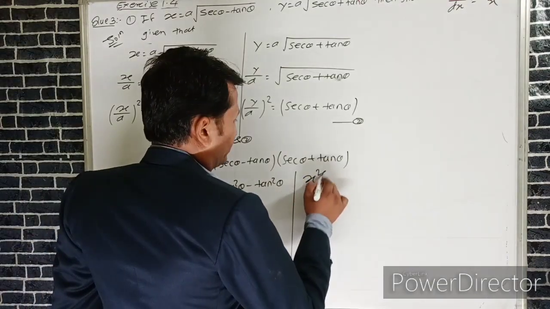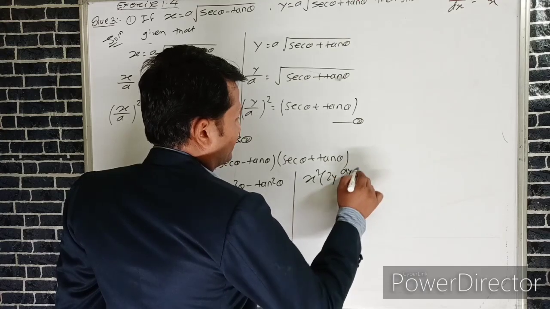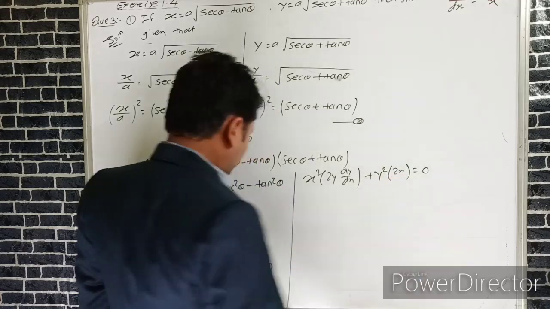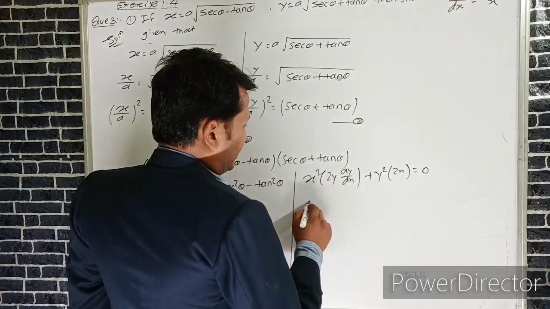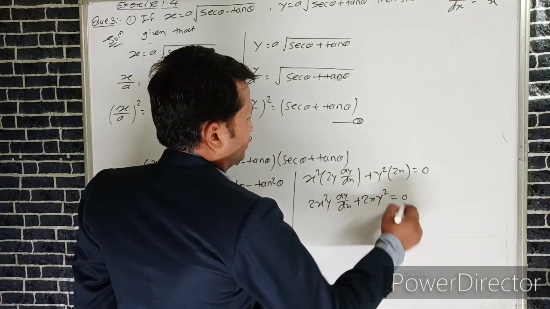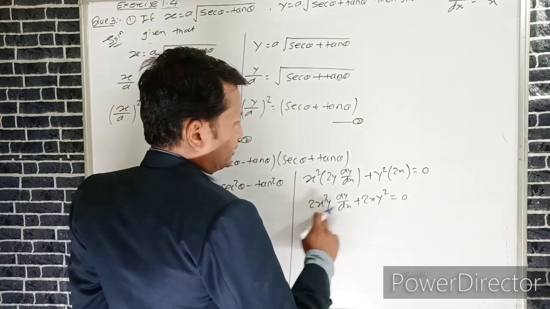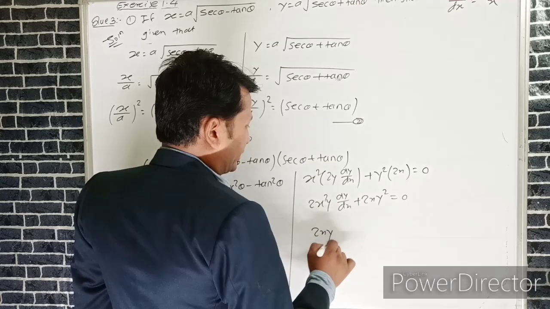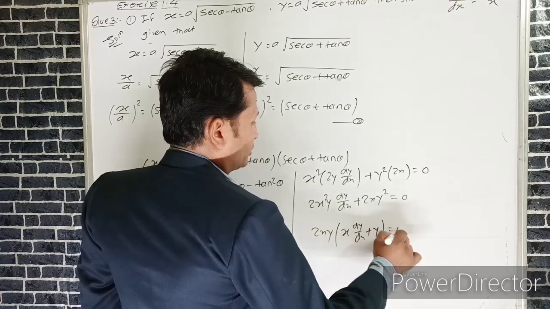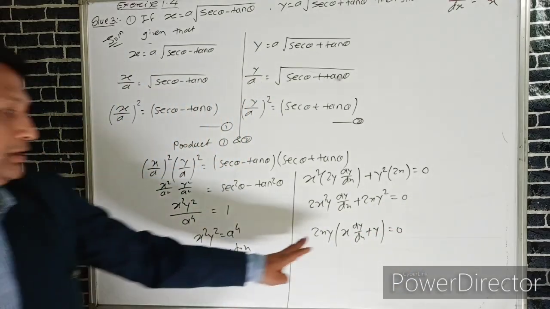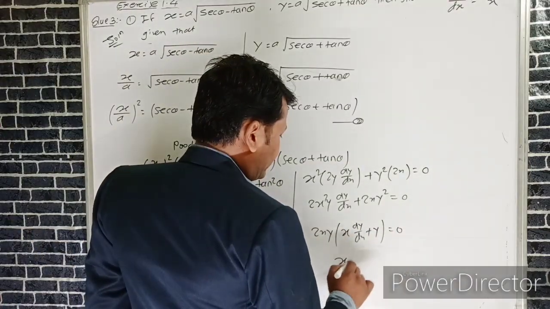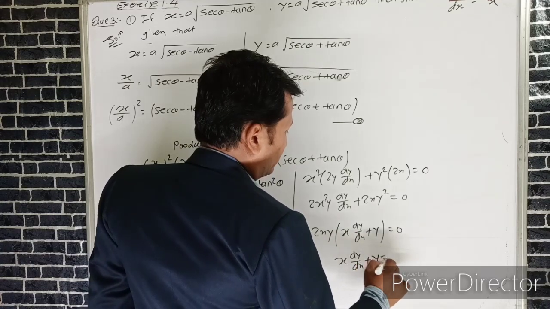Derivative of y square is 2y into dy by dx. We can write x square into 2y dy by dx plus y square into derivative of x square, which is 2x, is equal to 0. Here we can write 2x square y into dy by dx plus 2xy square is equal to 0. If we take 2xy common from both terms, we can write 2xy into (x dy by dx plus y) is equal to 0. If we shift this term 2xy to the right side, then 0 divided by 2xy becomes 0. We can write x into dy by dx plus y equals 0.